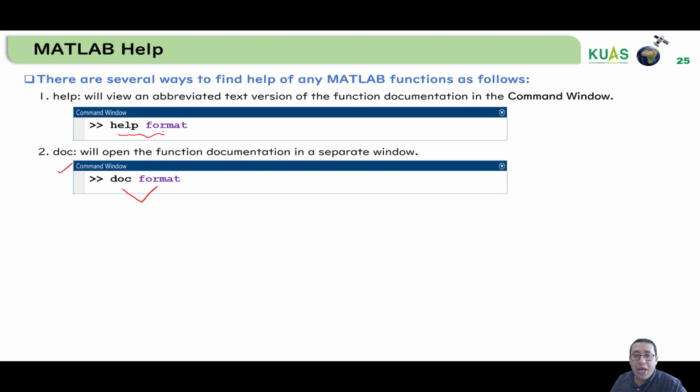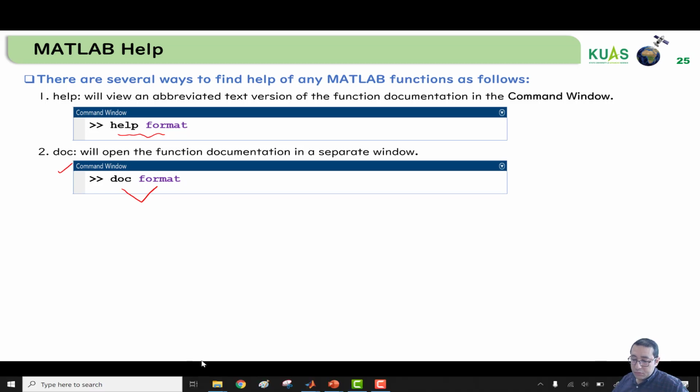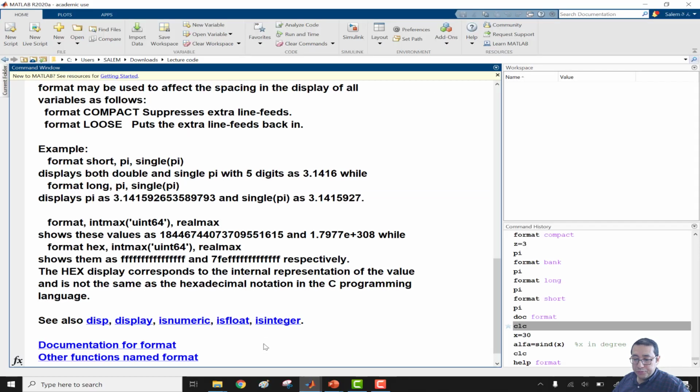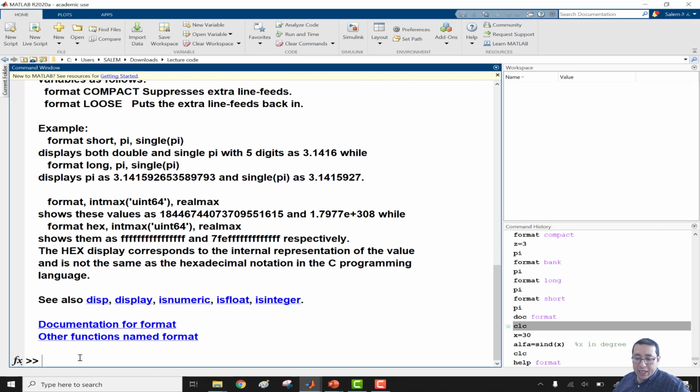But if you write doc format, MATLAB will open a window for the documentation to explain this function in detail. So for example, if we go to the MATLAB window and write doc format,